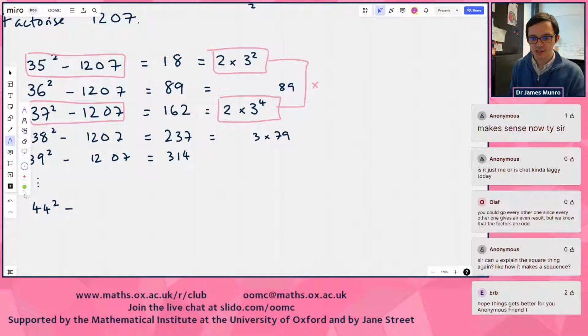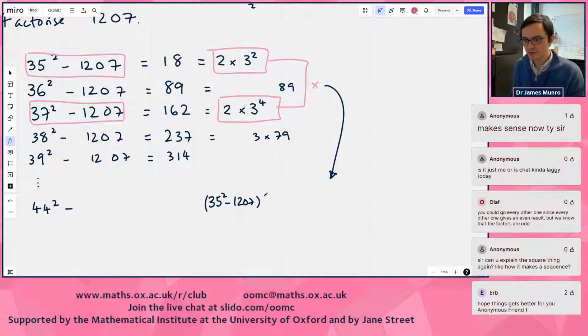I'm going to take those two lines and multiply them together. Oh gosh, all these numbers are huge, so don't worry, we won't be doing any actual multiplication. That gives me something like this. 35 squared, take 1207, times 37 squared, take 1207, is equal to